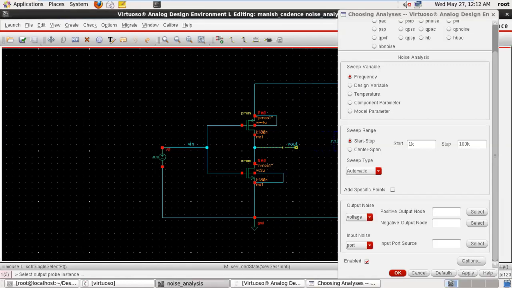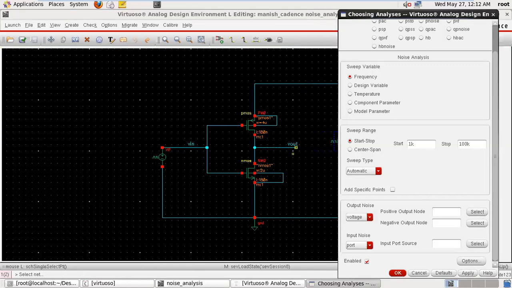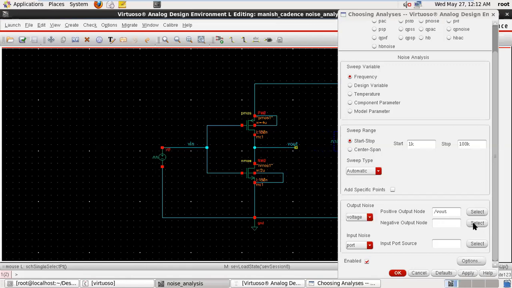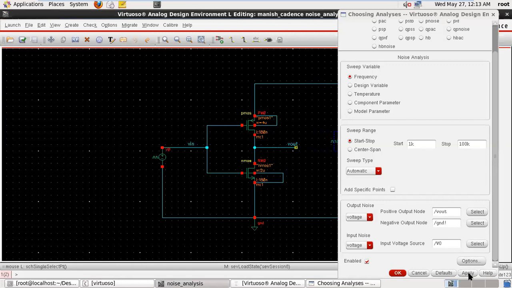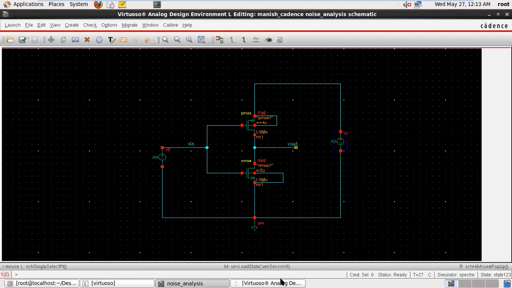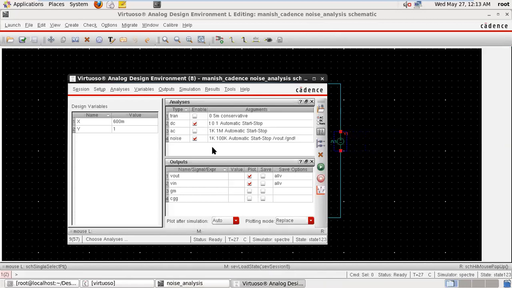So that is the output point, and that is my input, and at input noise we are selecting the voltage. Apply and OK.